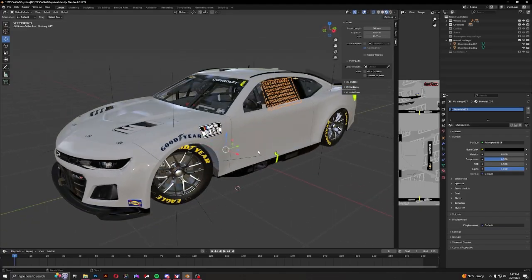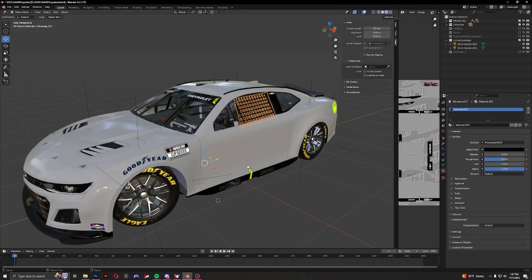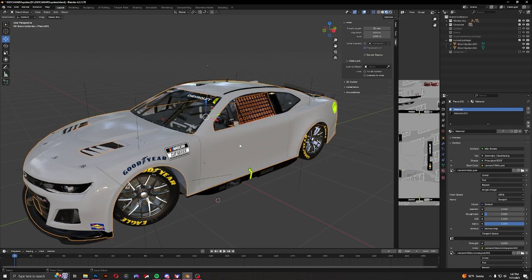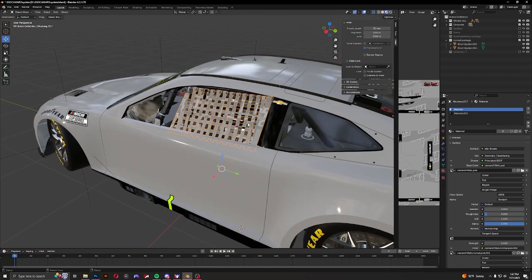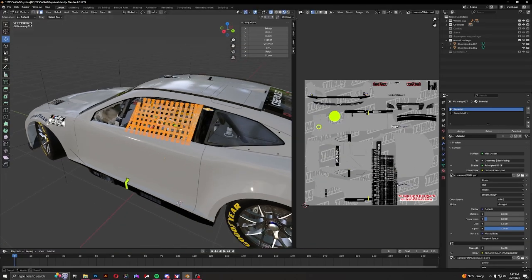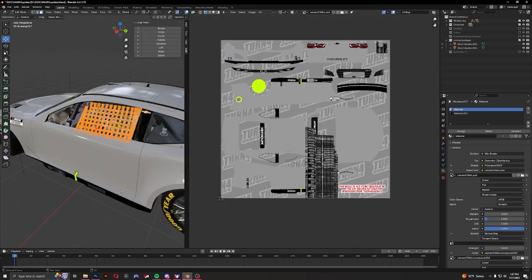And then I'm going to link this to the body. So we're going to hold Shift and click on the body, do Control L, link materials, and now it's linked to the body. And then we'll press Tab, hop over to our UV editor mode,